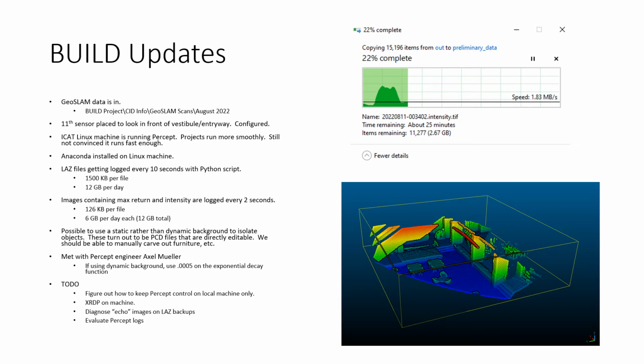So we need to figure out how to keep Percept on the local machine only. It is currently opening up its interface to the world and the local network. We really only wanted to open up to the local network, so we have to figure that out. I've been banging around on that for many hours, trying to use the UFW, which is the firewall for Linux,